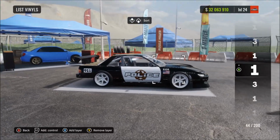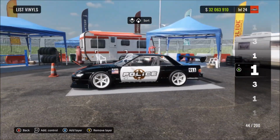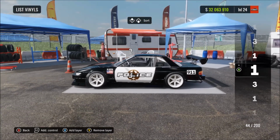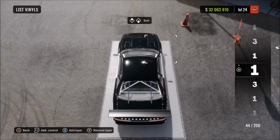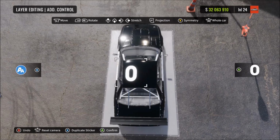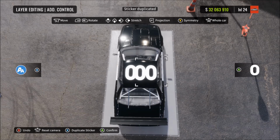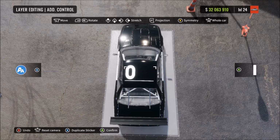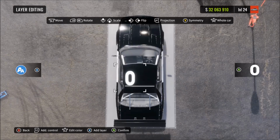I'm just telling you the ones that I used. And then again, just have a look around, check you're happy with it, make sure it looks clean, it's all lined up nicely. And then once you've done that, save it if you want to, and we'll move on to the next bit. So next we're going to add the police car number, and similar to the techniques we've used before in this video, we're just going to grab the letter I, straighten it out, use it as a kind of guiding line so that we can write this